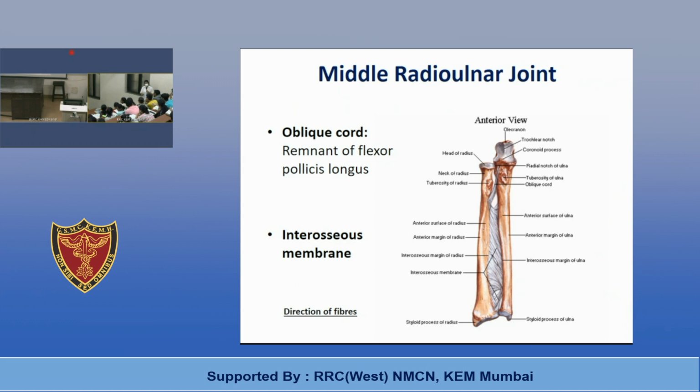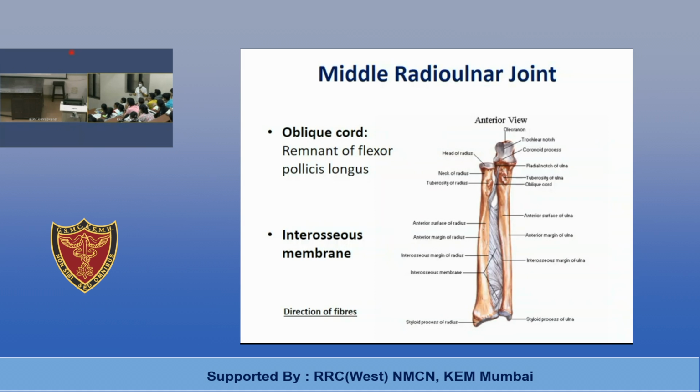So it is from tibia to fibula. From the tibia, it will be directed downwards and laterally towards the fibula. And in the forearm, what is the attachment? Downwards and medially towards the interosseous border of the ulna. But if you see the lower part of this interosseous membrane, it presents an oval gap.